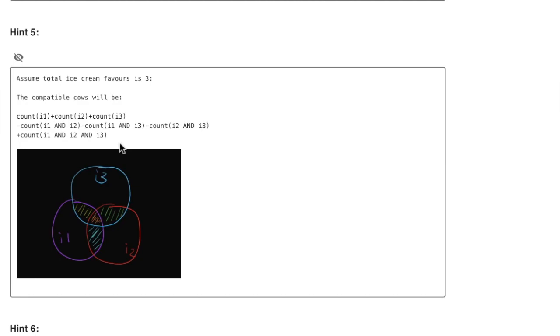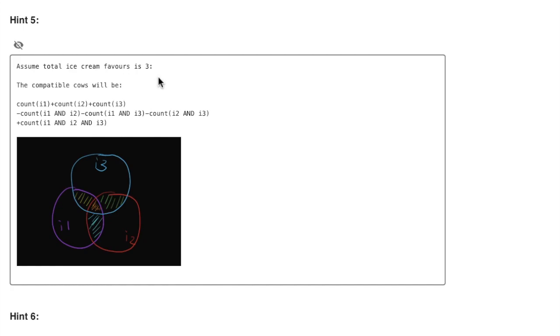And then there's another level if we do something like this, which is I1, I2, and I3, which is in the middle. So you can see from the diagram, it is subtracting more than necessary, so we have to add them back. So that's the basic idea. Of course, this is not the final answer because it's only the ice cream flavor up to 3, but you